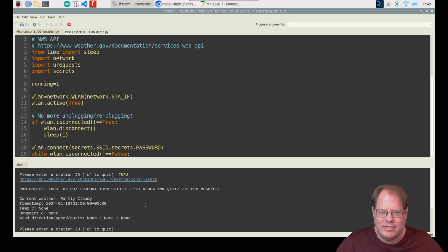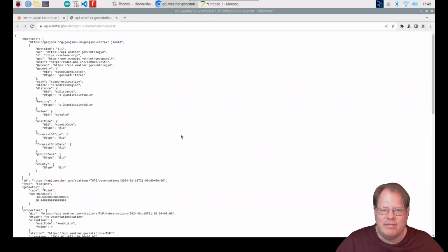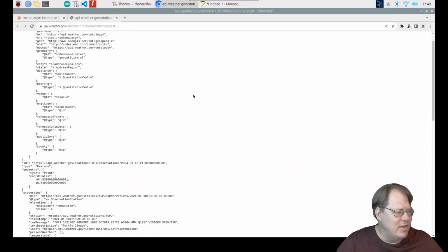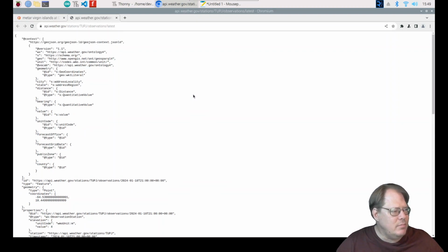Reasonable dew point, etc. So let's take a look. This one will be really interesting. I'm going to click on this URL, and we're going to look at the actual data that's output. I'm sorry, I'm looking at the other screen because it's a little hard to see on the screen in front of me. We have this JSON file, and